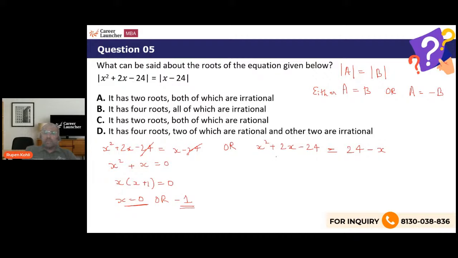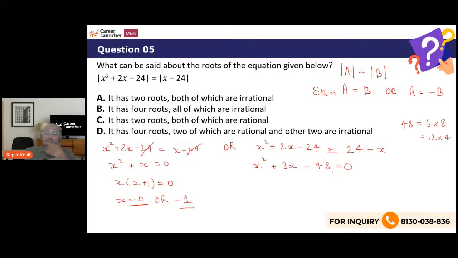Likewise, here we will now get a quadratic equation properly. x square, then x comes over here, 2x plus x is 3x. And the constant term also comes on this side, minus 48 is 0. Okay, x square plus 3x minus 48 is 0. Can we do the splitting of the middle term? 48 needs to be broken down as the product of two factors which differ by 3. 48 can be written as 6 into 8. Difference of factors is 2, but we needed a difference of 3. 12 into 4 is 48, but 12 minus 4 is 8. A very large difference, we need only 3. So this equation does not have